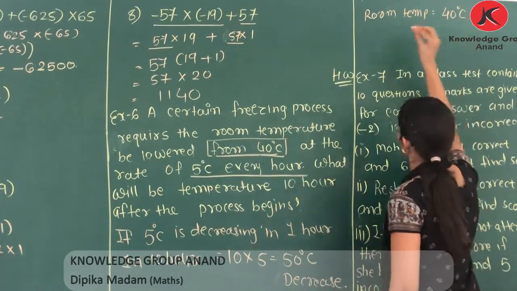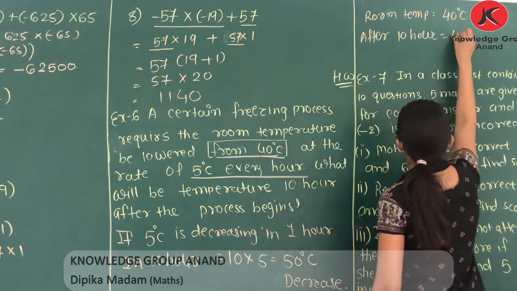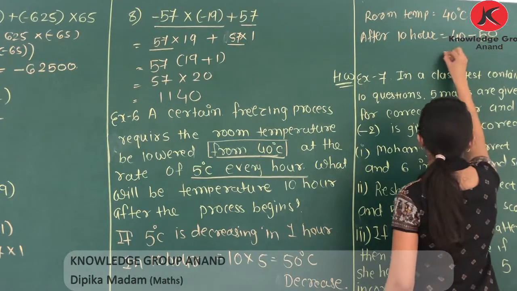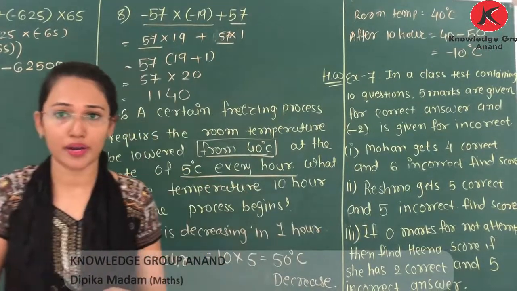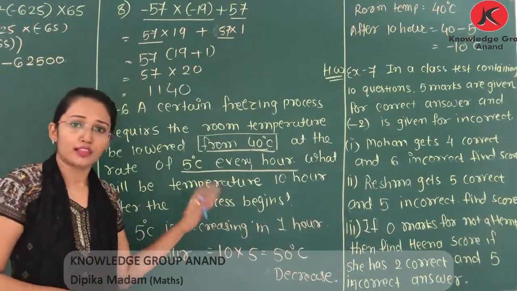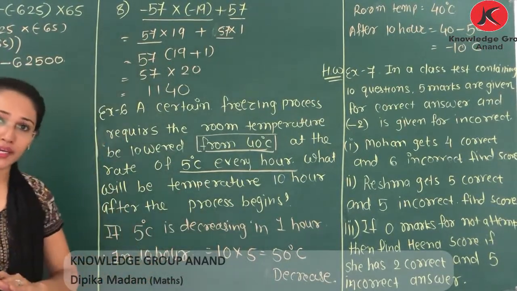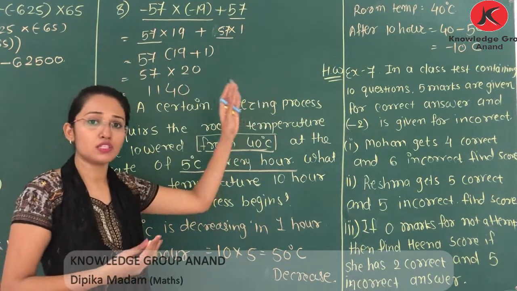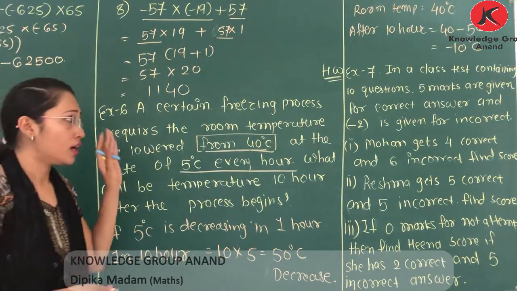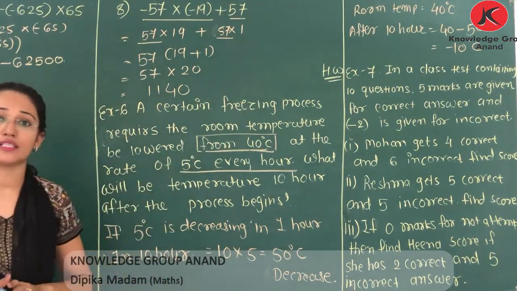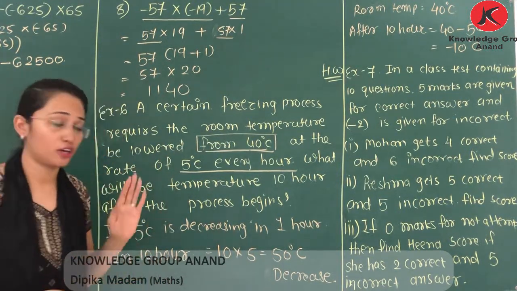Okay, now the temperature is 40 degrees Celsius. So after 10 hours, 40 minus 50 is minus 10 degrees Celsius. Whatever the temperature is, we have to subtract 50 from it, because if it decreases 10 degrees, then 40 minus 10 is 30 degrees; if it decreases 20 degrees, then 40 minus 20 degrees. But here 50 degrees is decreasing, which means 40 minus 50, that is minus 10 degrees Celsius after 10 hours. Now example 7 is in homework, that is the same as example 5 of the textbook, already explained.